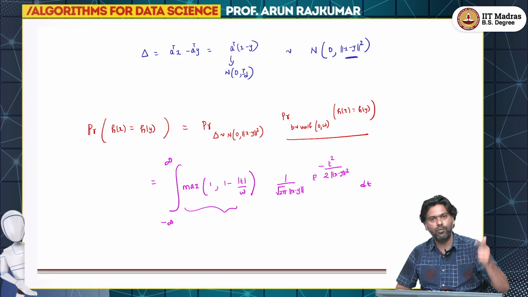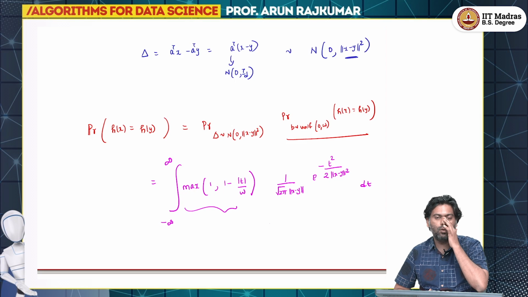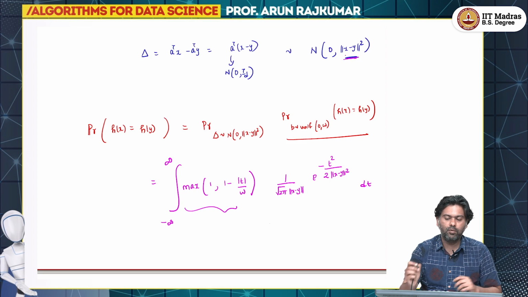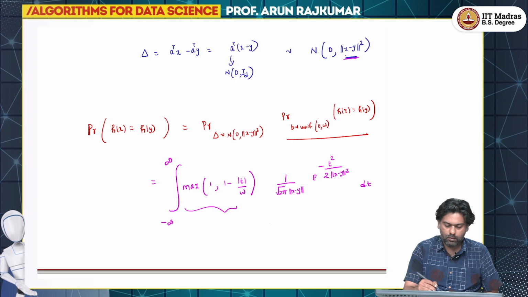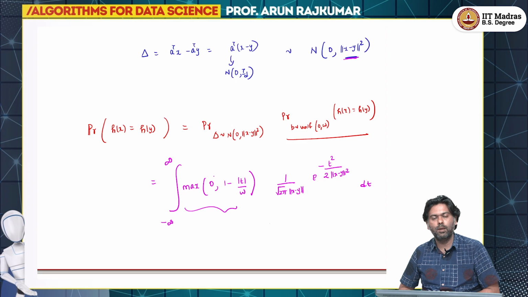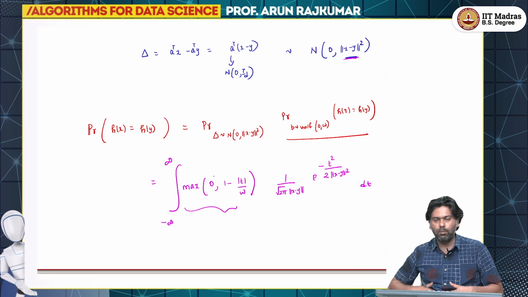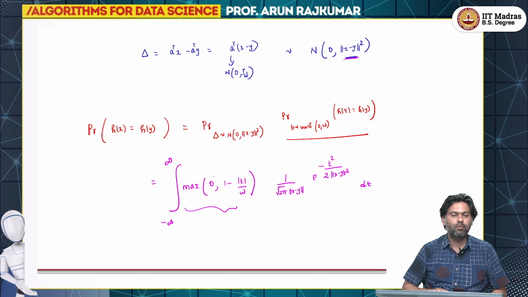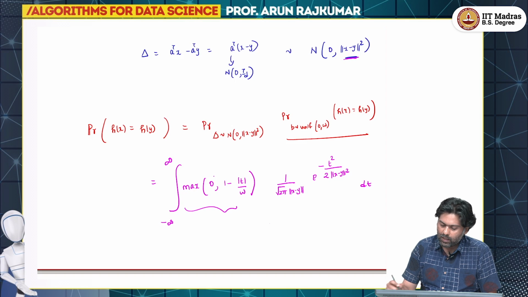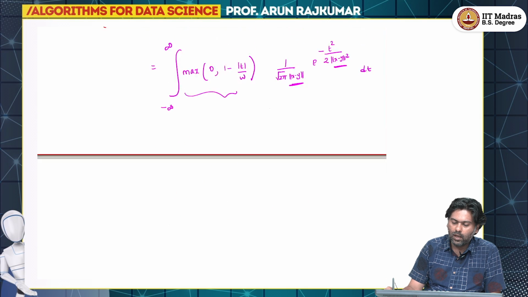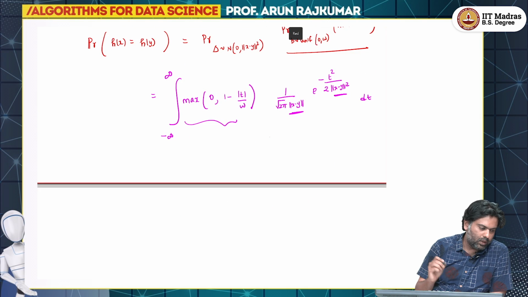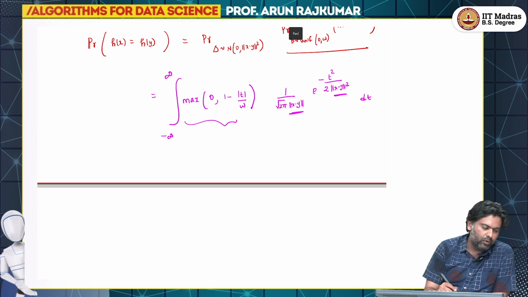You can generate a lot of t's at random, Gaussian values with mean 0 and variance norm x minus y squared for any x and y, compute max of 0 comma 1 minus absolute value of t by W, and average them out. That is going to give you better and better values for this. But as you can see, there is this dependence on x minus y, and using that one can argue, and this is why this is not a complete proof, one can argue